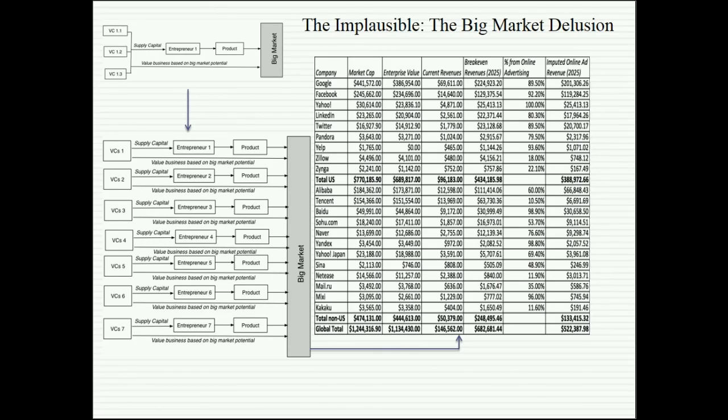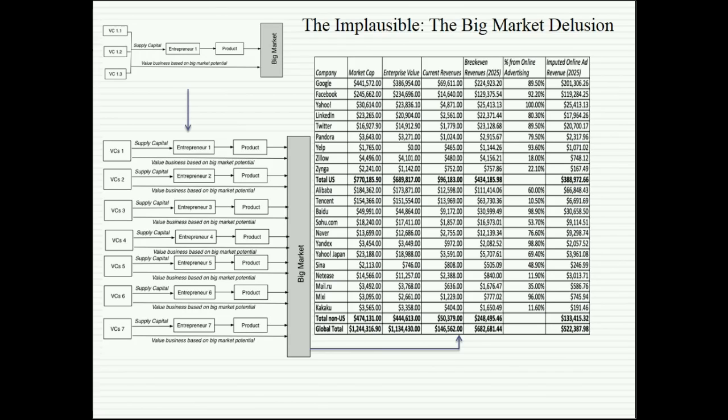So I'll make it explicit. Let's take the online advertising business. We all know it's a big business, it's growing, everybody wants to be in the business. Snap wants to be in the business, Facebook wants to be in the business. So here's what I did about 2 years ago. I took every publicly traded company which gets money from online advertising. So I took Google and Facebook and Yandex and Yelp and went down the list.